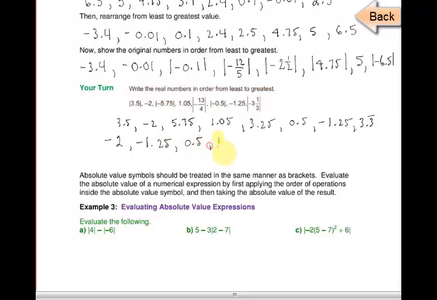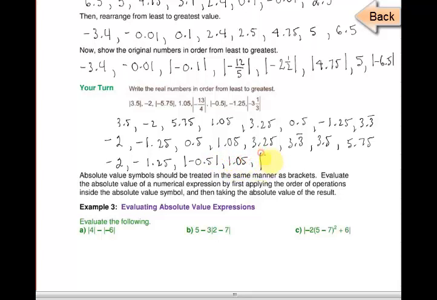0.5, 1.05, 3.25, 3.3 repeating, 3.5, and 5.75. Okay, and the original numbers are -2, -1.25, absolute value of -0.5,